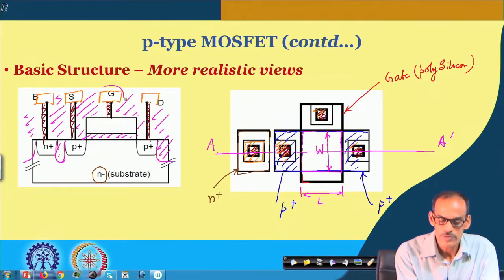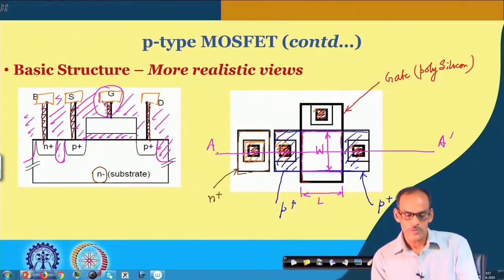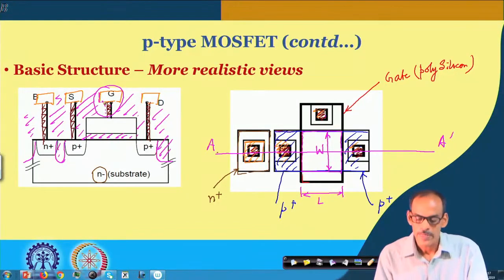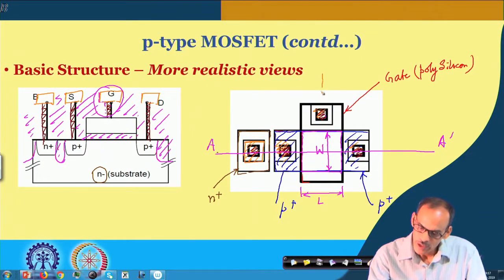So, I should draw this portion in dotted line for a perfect engineering drawing. But anyway, likewise probably you can make an attempt to draw the cross sectional view along this axis, say it may be called B dash,